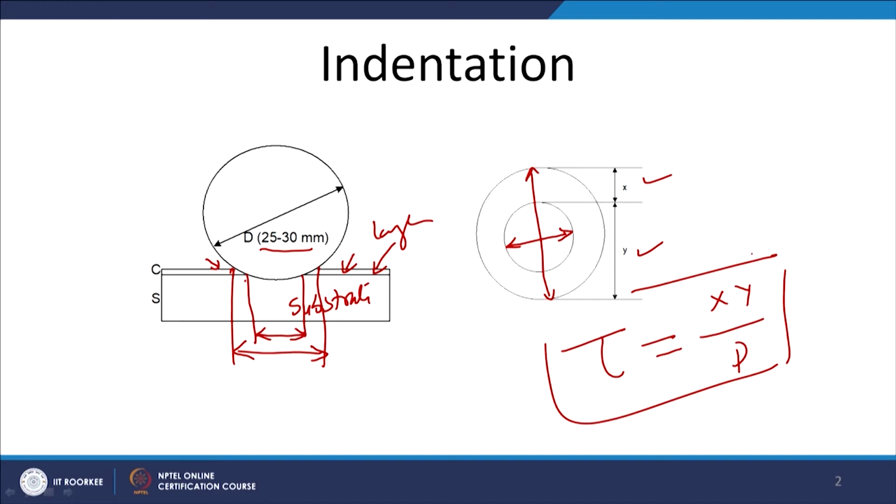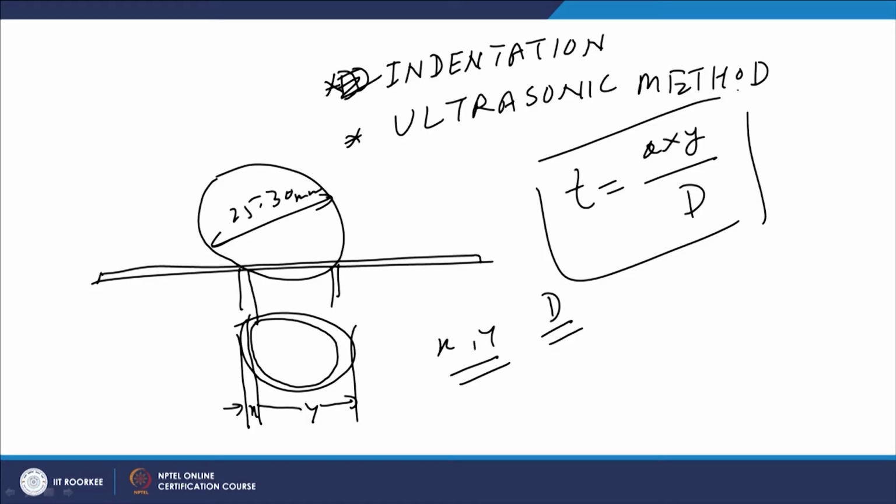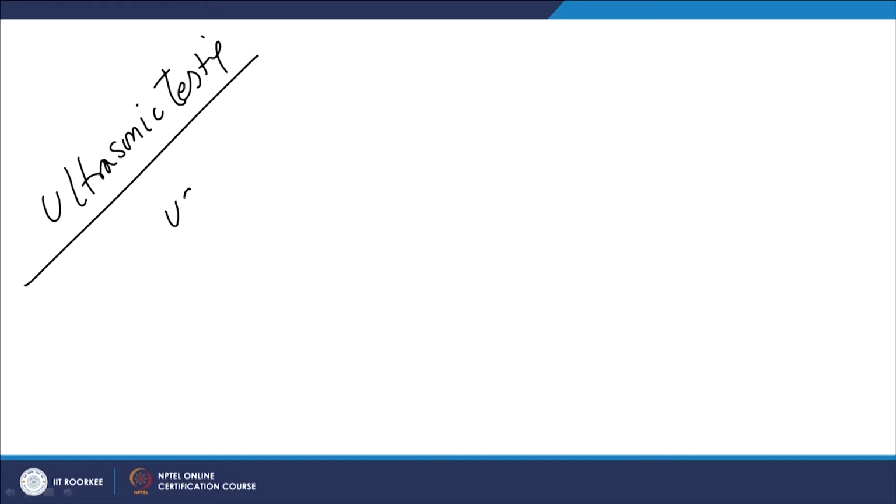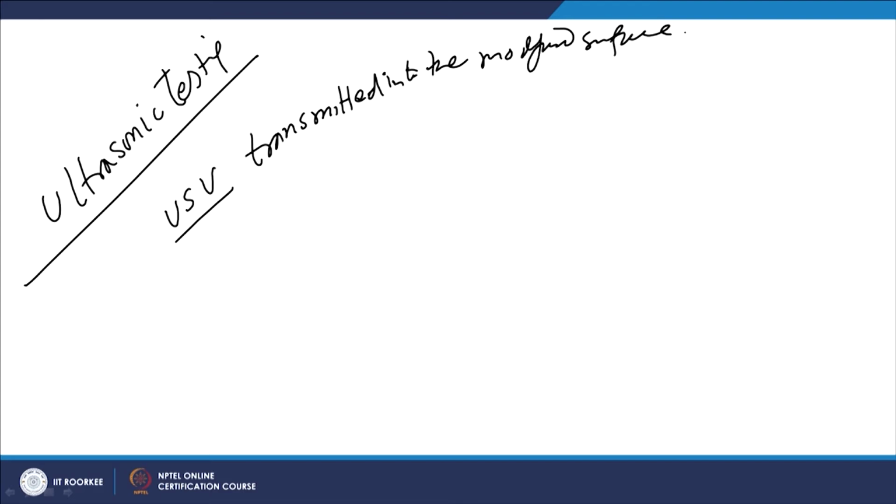Now we will see another method of measuring the thickness. This is called ultrasonic testing. In case of ultrasonic testing, the ultrasonic vibrations are transmitted into the modified surface, and it uses one very unique property of these ultrasonic vibrations, that these can penetrate